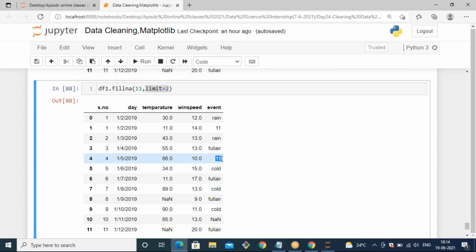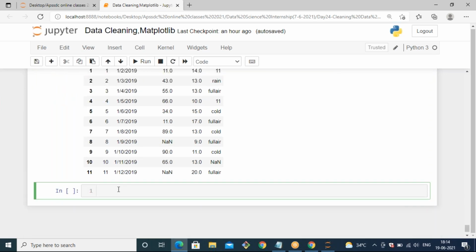Like this, you can pass the limit for that also, and we can fill the NaN values by passing a value, and then you can use method also. We have inbuilt methods. We're already seeing that, right? So let's see. You can fill the NaN values by inbuilt methods. You can pass one more parameter, that is method.